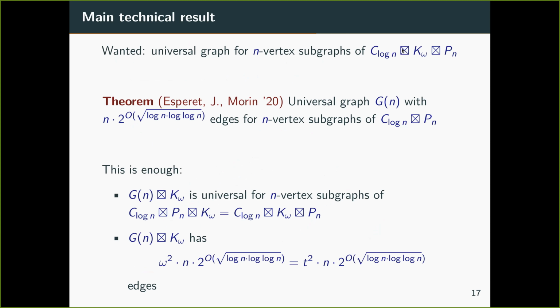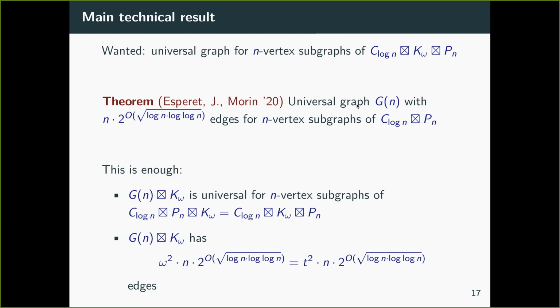N-vertex graph, okay, let me restart my sentence. Now we are looking at the strong product of this universal graph for T with a path, and we want to realize all the n-vertex subgraphs in that product. But what is nice now is that we are looking at one fixed graph. Sorry, we have one fixed graph which has a quadratic number of vertices, and we want to realize all the n-vertex subgraphs of that graph in our universal graph.